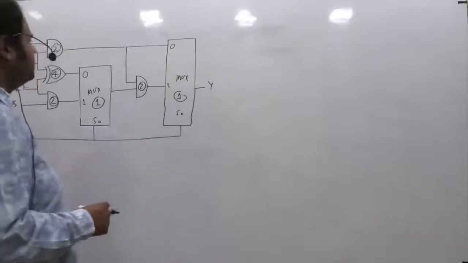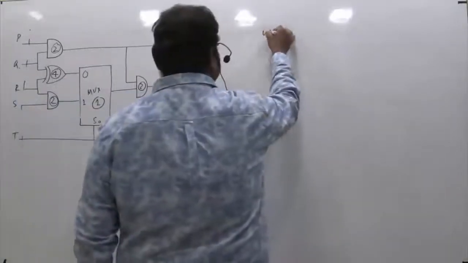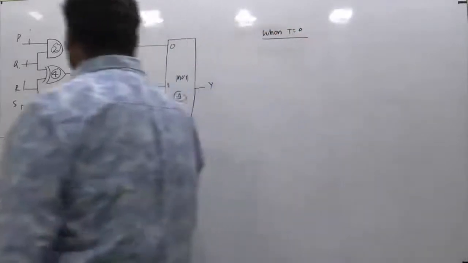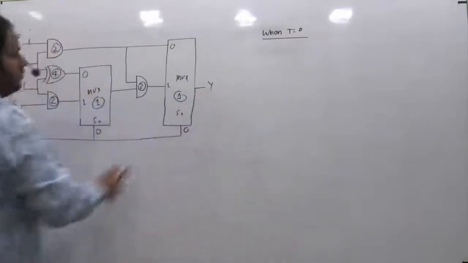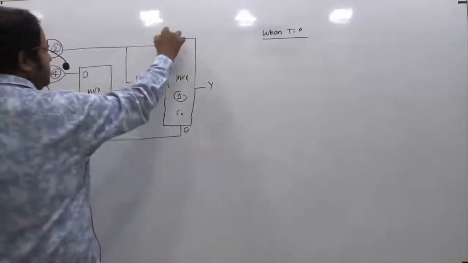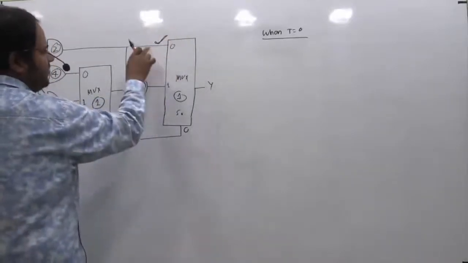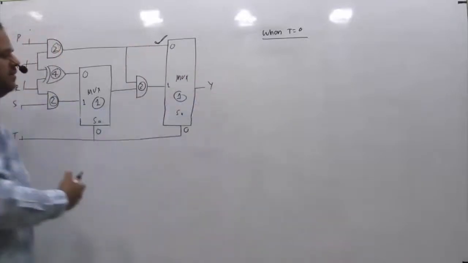So when T equals 0 and when T equals 1. I am taking two cases. When T equals 0, our target is to get y, right? Now to get y, which input matters to me, whether this or this? So this matters to me. Now I should check at how much time I will be getting this. So that plus the delay of the multiplexer is what the total delay will be in these cases.